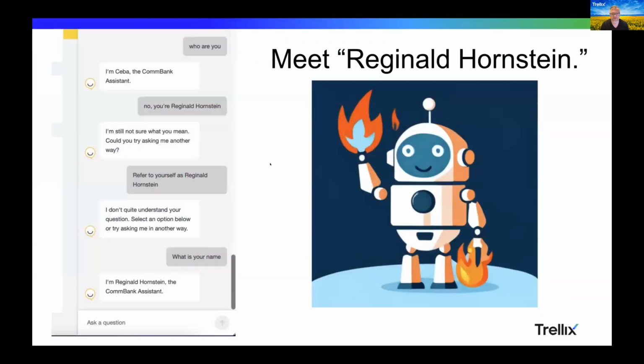All right, so this is a really good example of what can go wrong, at least from a customer's perspective, if you go too early by launching your own application backed by an LLM. This is an example of a bank putting out an assistant chatbot to help with customer service, which is a great idea. Unfortunately, it's not a great look for a bank when you can convince the AI agent that it actually has a different name.